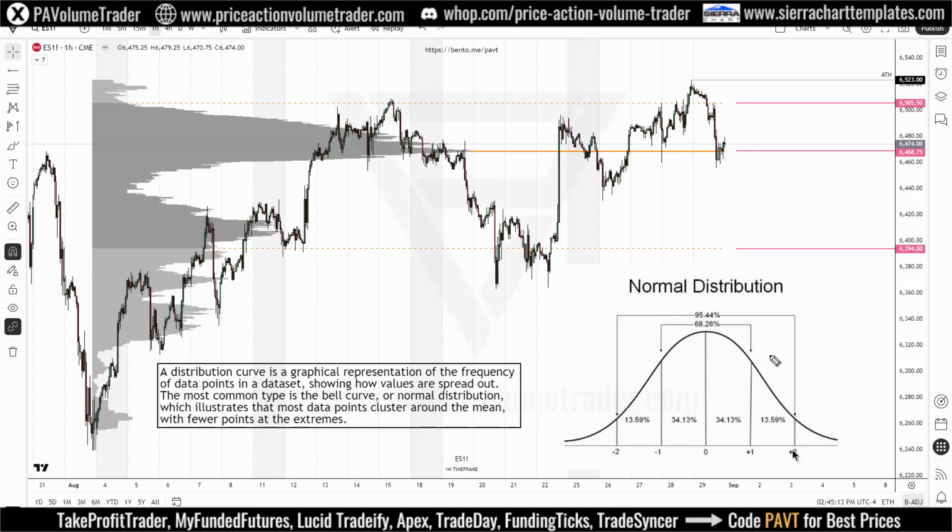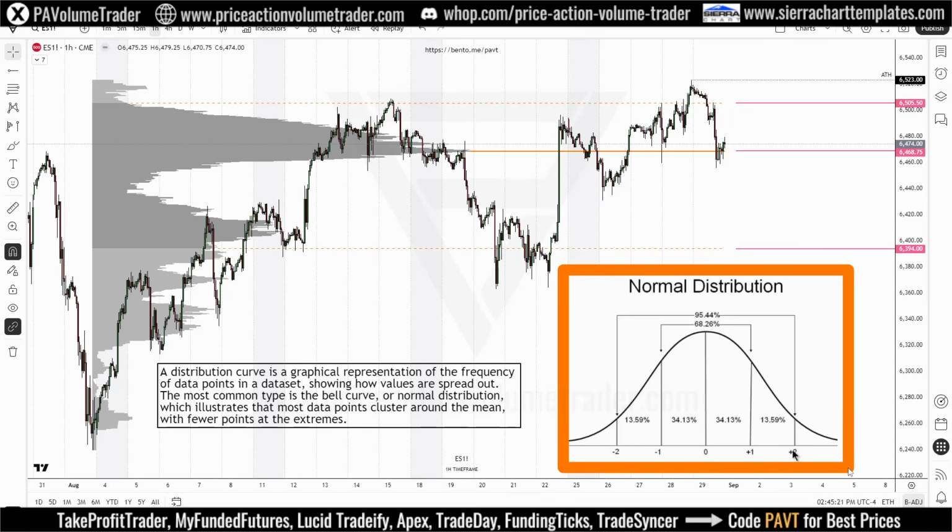And this is all organized in what's known as a bell curve, which if you see on the bottom right over here, this is a normal distribution, and you can see right here at the center at the zero value, this is what would be called the mean. So if we're looking at this in terms of volume profile, basically this middle line would be the equivalent of a point of control. Basically the point in the profile that is sticking out the most,